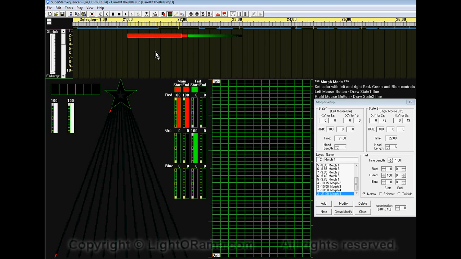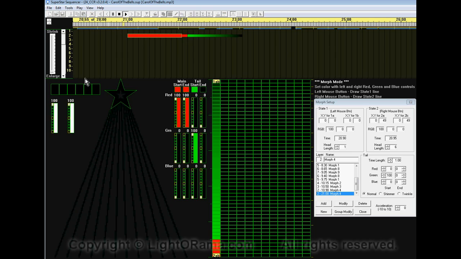And with the resolution of these videos on these tutorials, that may be hard to see, so I'm going to do that in single step mode here. I click on the pause button there, and then I'm just going to hit the right arrow key, and you can see the head is small at the top and it gets bigger as it gets down at the bottom. And so it helps give the visualization of making it come from far away to up close. Now I'm going to click on the stop button to get out of pause mode, and